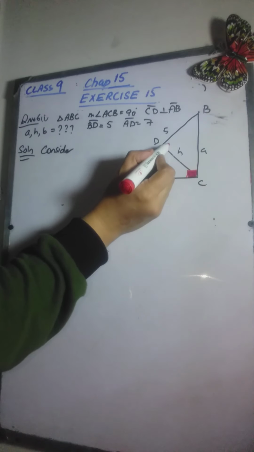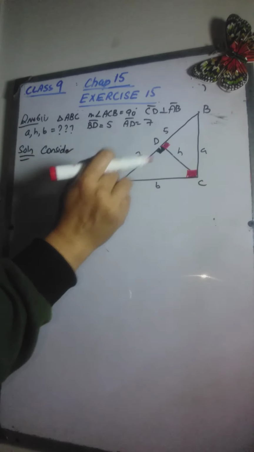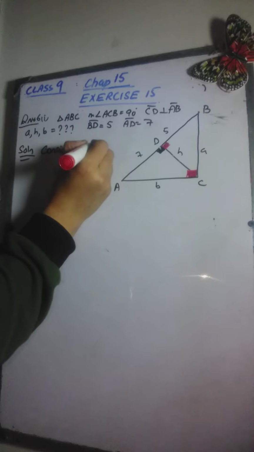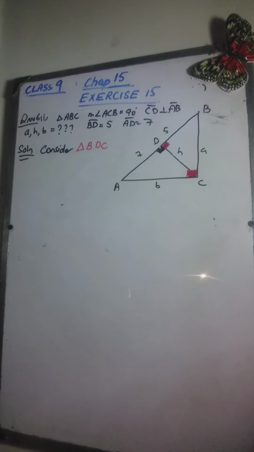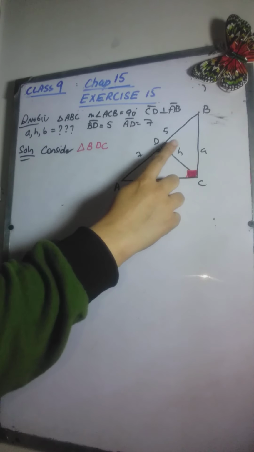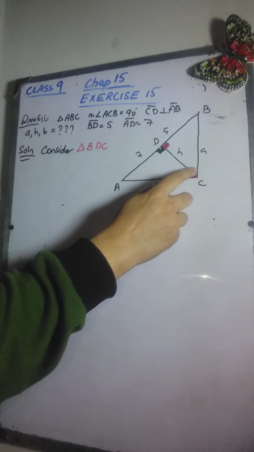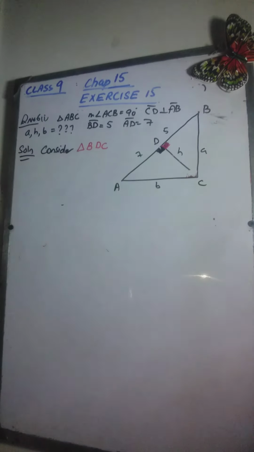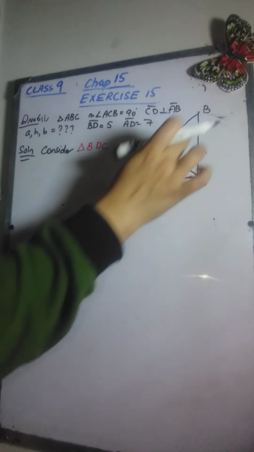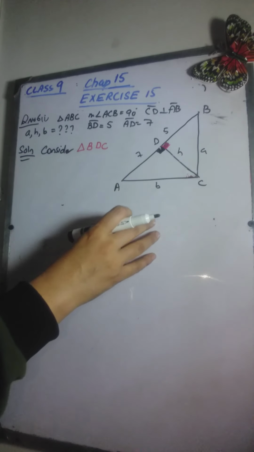First consider triangle BCD. This is a right triangle, because we had dropped CD on AB. So this is a right triangle. First consider triangle BDC. In this triangle, we know that this is the angle of 90, and the length which is opposite to 90 degrees is always the hypotenuse. For the time being, let me erase this so you can easily see these two triangles, that these are the two right triangles. We have three right triangles in this question.